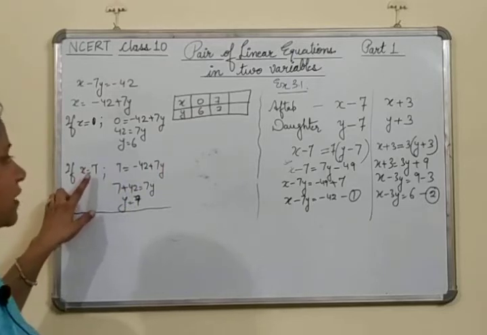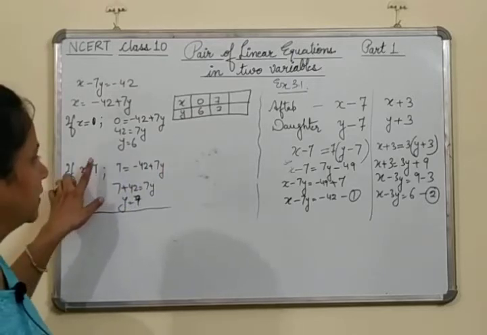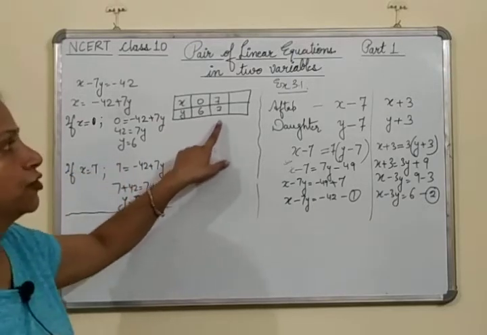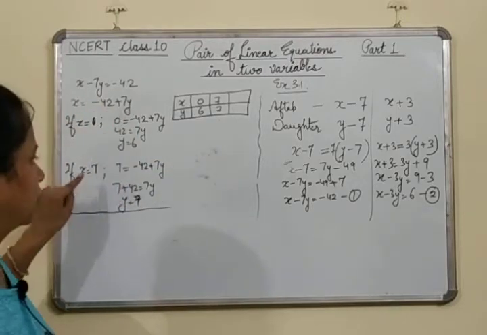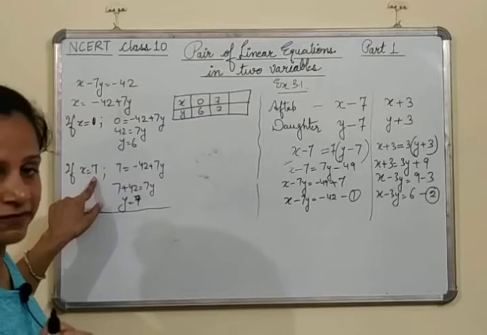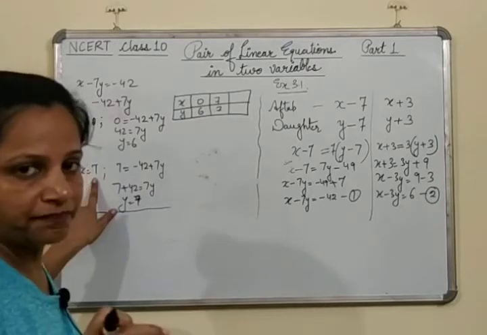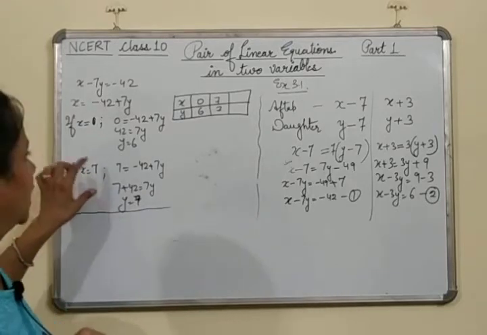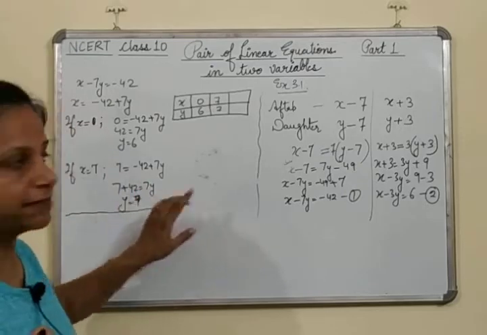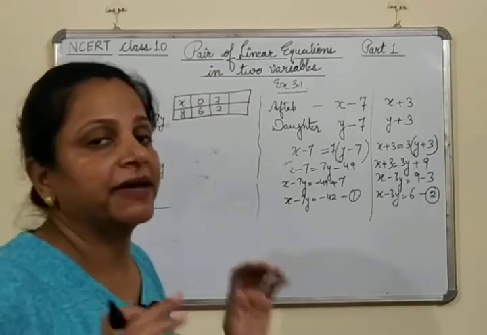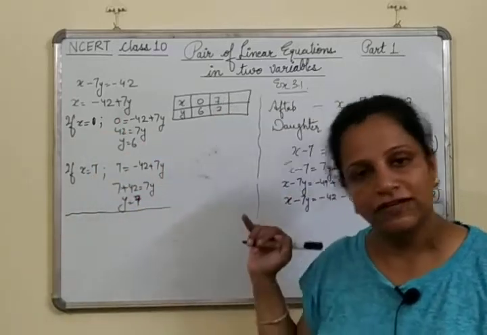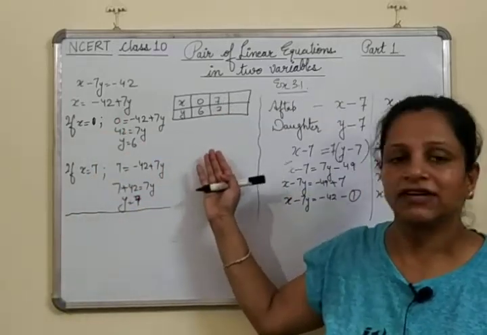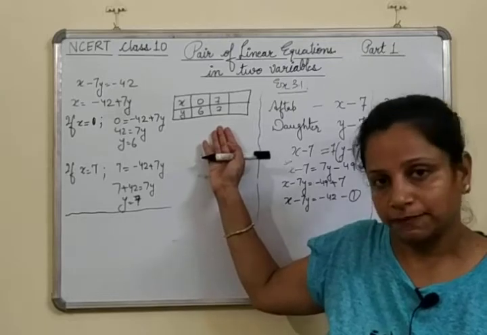Similarly, if I give this value x as 7, then after solving it, I'll get y also as 7. Now you have to look at this a little yourself. Why have I given this value of x as 7? To make it a little simpler, a little easier. If you give 1 or 2 as a value, then the value of y will come in points. And if you give the value of x as 7, then you will get the value of y also in multiples of 7. So to just make our graph a little easy, we have done it this way.